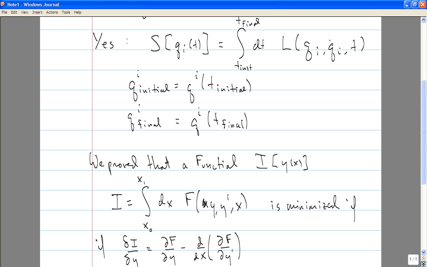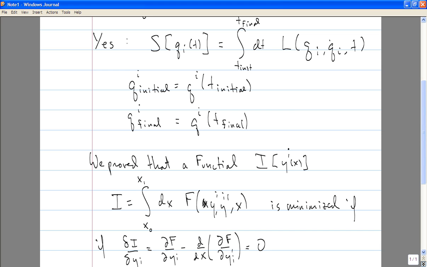So, in particular, if we have a functional which depends on some function y, then that functional is extremized only if this functional derivative vanishes. And at the end, I described how if we have a functional of several functions, which I could call y_i, with i as some index, then all I do here is put some i indices in the appropriate place. And I see that this functional now will be minimized if a set of n differential equations are obeyed, namely that the n functional derivatives of I with respect to the y_i vanish.